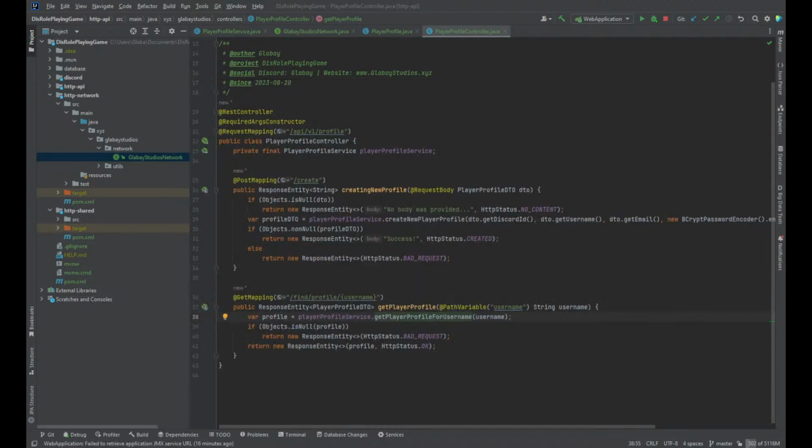So that means our find method here, or our get mapping for the player profile, is working as we intended. Now, there are other